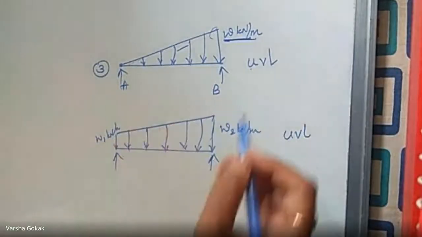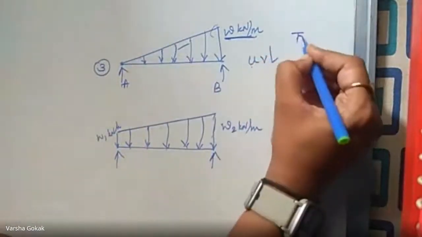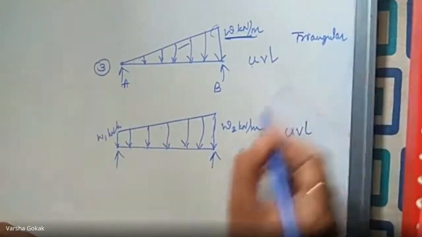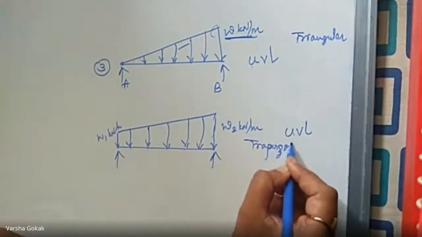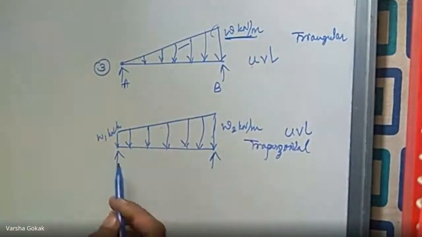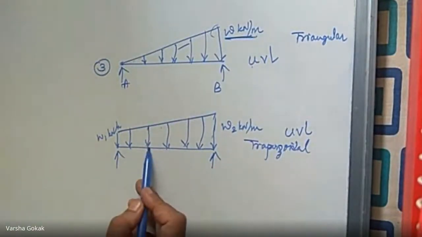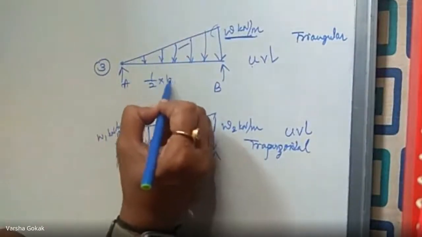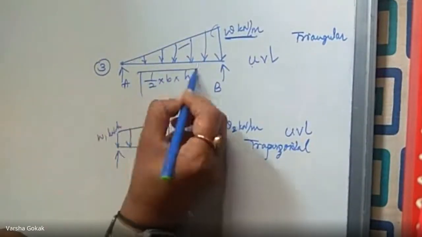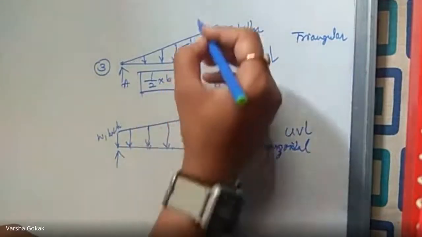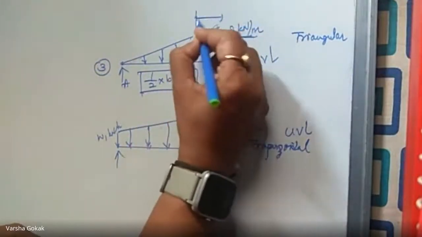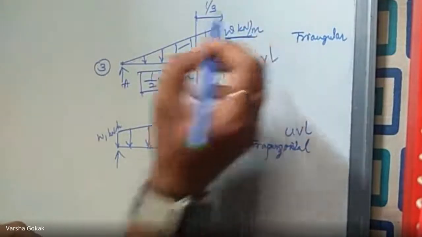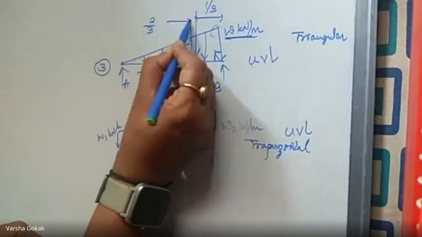So this is going to be called a triangular loading. And this is a trapezoidal loading, because the shapes are like that. This shape is a trapezoid, this is a triangle. So when we're dealing with a triangle, the load is given by half base into height, right? Total load is half base into height. Where does it act? It acts at 1/3 from the 90 degree, that is the base,